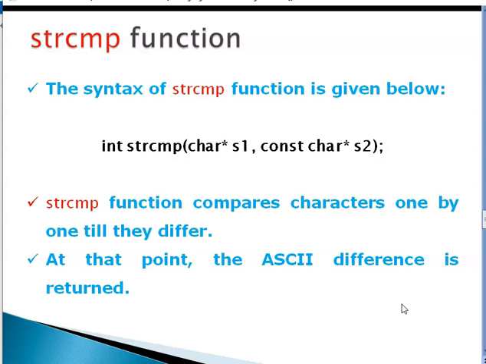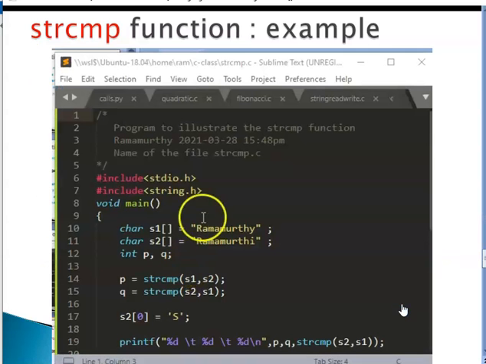We'll see this with a quick example as shown here. The name of the function is strcmp. You have defined two strings s1 and s2. See that both of them differ only in one letter. So the ASCII difference is ASCII of y minus ASCII of i.